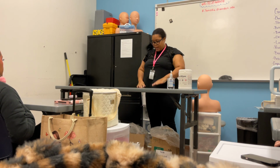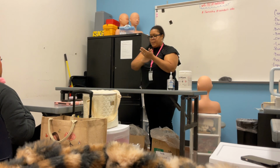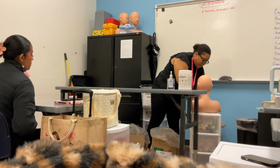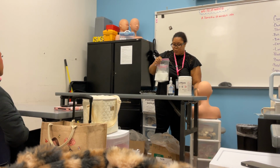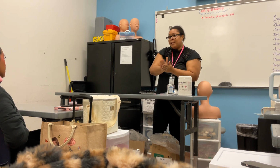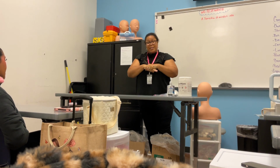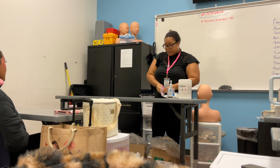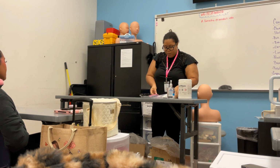Okay. Now that that's set up, sanitize. Okay. Now I'm going to go back into my first drawer and I'm going to pull out the universal supplies. Remember, close my drawer. Before I open up this bag, I'm gonna sanitize again. I know. I told y'all, state board world is not the real world. You and sanitizer are gonna get real friendly. So now I'm gonna go in here. I'm going to pull out